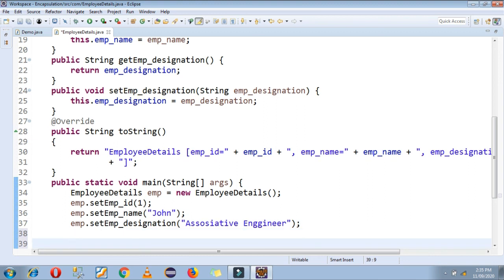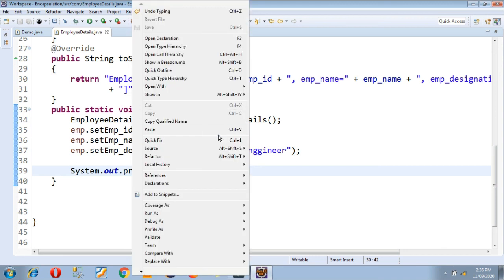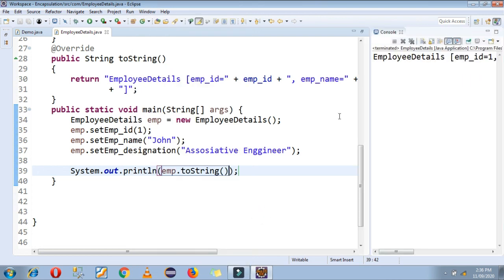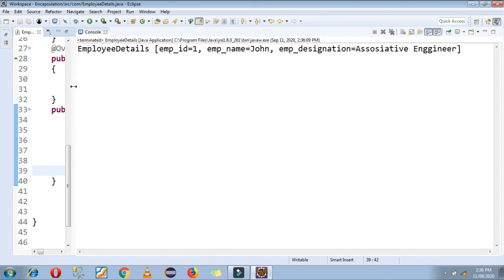Now I want to print those values using toString function. So simply what I have to do, I have to just use sysout, and in this sysout function you have to call your toString function using the object of your class in this way. Okay, so now I am running my code and check out my console. Here you can see my output.